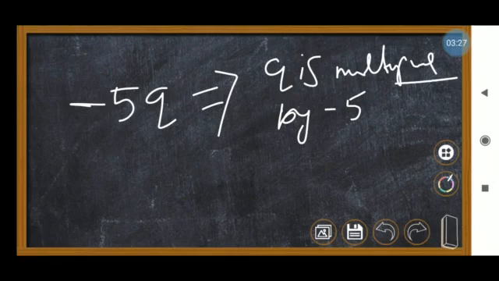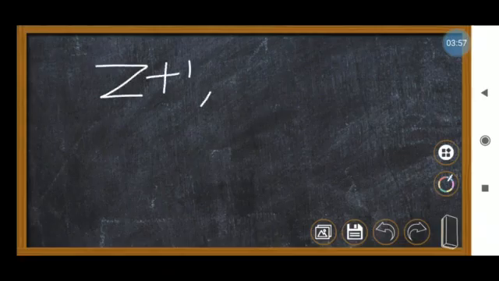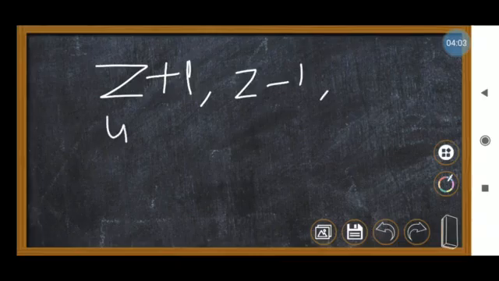Then if you move to exercise 11.4, they ask which of the following are expressions with numbers only. With numbers only means there is no variable. That kind of problems they gave in your exercise. Next, identify the operators, addition, subtraction, division and multiplication, forming the following expressions, and tell how the expressions have been formed. For example, z plus 1, z minus 1, y plus 17 and y minus 17.